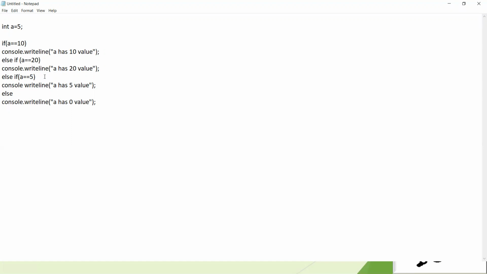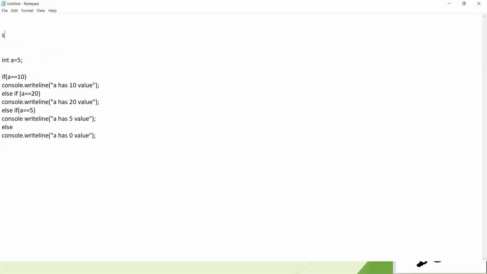So each value in a switch statement can be called a case, and the variable being switched on is checked for each switch case. So what is the syntax of this particular switch statement? We are going to use it in C sharp. The syntax of the switch statement here for C sharp is switch of